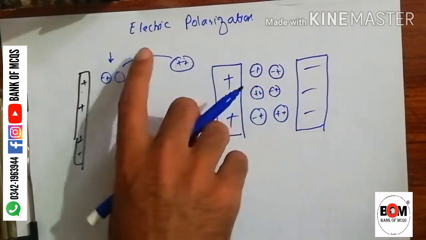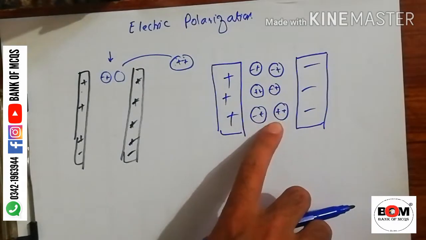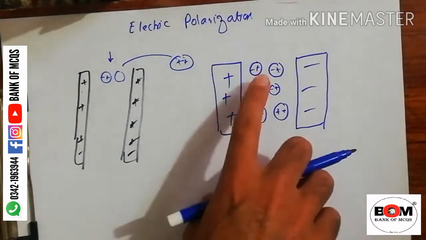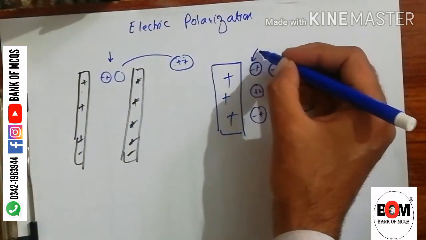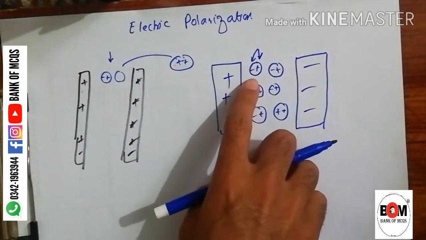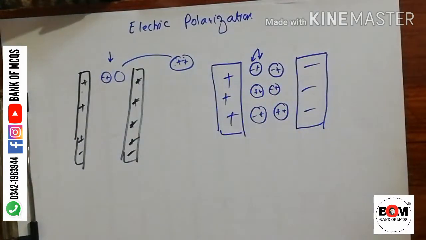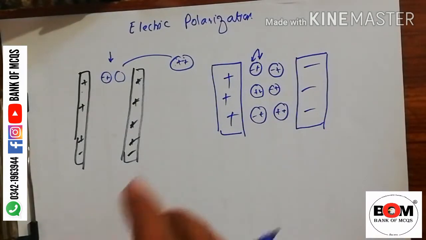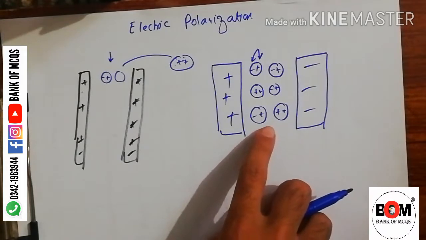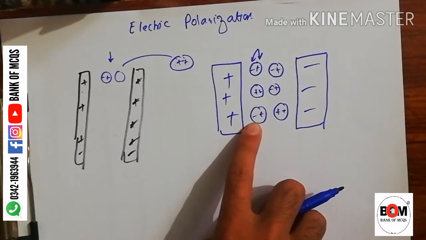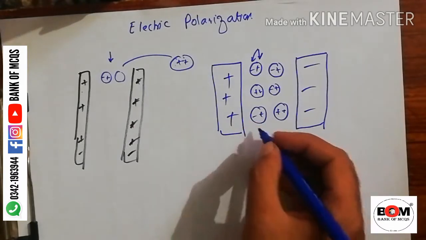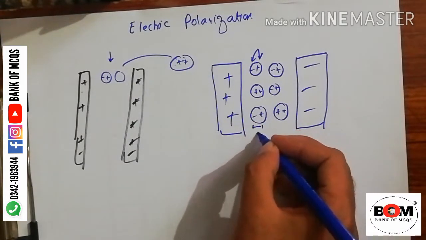So this is called electric polarization. Polarization means that this dielectric is polarized by an electric field. Polarized means poles. Poles mean two opposite poles. Positive and negative are two poles, and these appear. Now, a system in which two charges of equal magnitude but opposite sign are separated by a distance d. So we have this distance d.